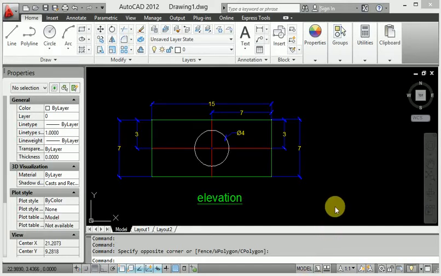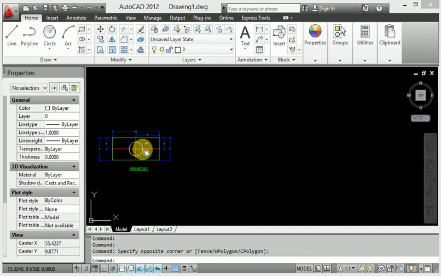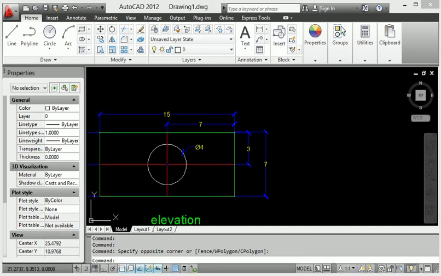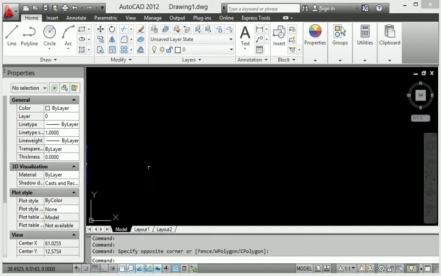Today I will discuss how to use the repeat command. You know that repeat means we can use it for many different operations in AutoCAD. So how does the repeat command work? The Enter key is also a repeat command, and the space button is also used to repeat a command.